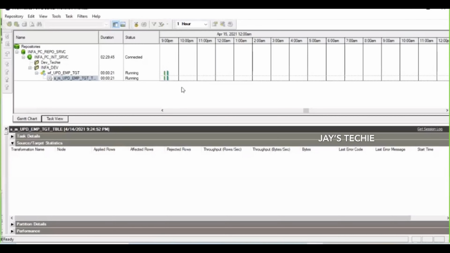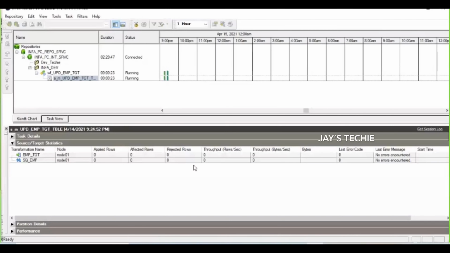So you can see that this rejected 70 records because the primary key is missing. You can get the information from the session log. Now I'm going to create a primary key on this employee number column so that these records are not getting rejected. Either we can create a logical or a physical primary key. Now I'm going to make a logical primary key.